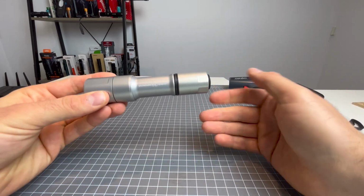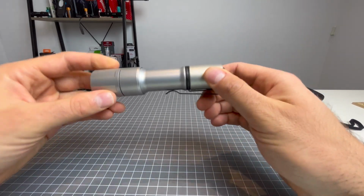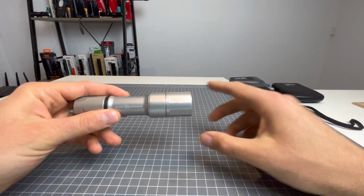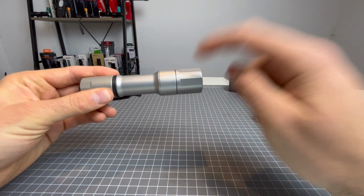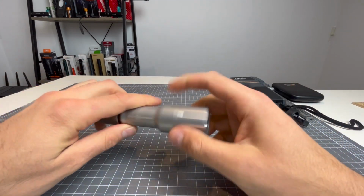And as a reviewer, I do my reviews a bit differently. I try and just review a light as it is. I call it as I see it. I don't try and research all the information to give you every single piece of information. I show you what you're going to get with the light. And if you don't get an information slip saying what LED is in the light,